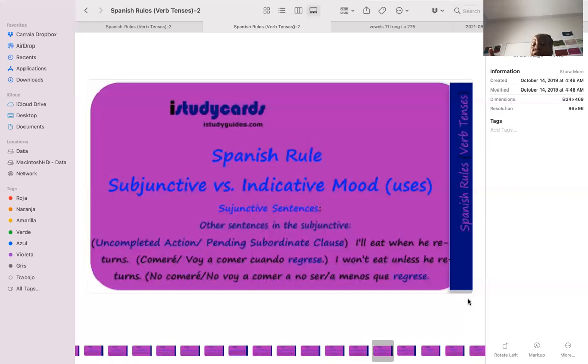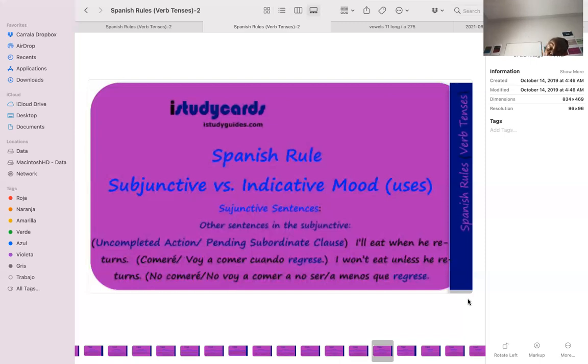Now, it can be in the simple future, I will call you, or when I arrive at the airport, I'm going to give you a call. Or it can be in the idiomatic future, to be going to. And by the way, the subject doesn't have to change. You can be talking about yourself. So when I arrive at the airport, comma, I will call you. If the second clause is in the future,